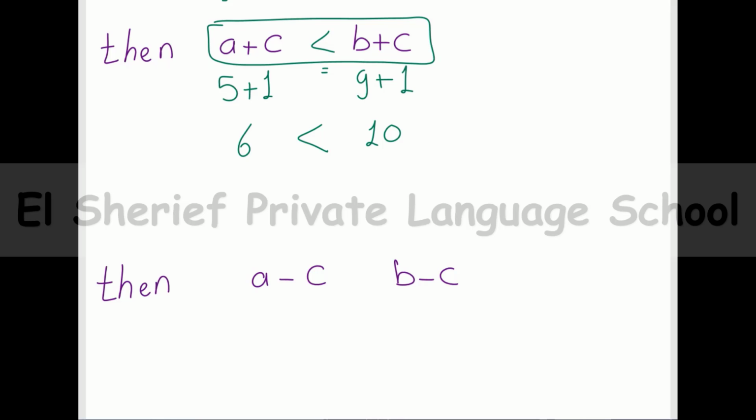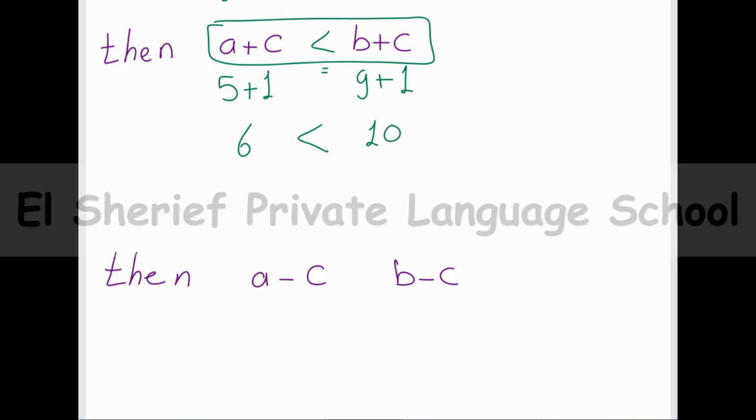Let's talk about subtraction. Again I have A less than B, so A minus C and B minus C. What's the relation between them? Okay, as we said, A equals 5 and B equals 9 and we said before C equals 1, so subtract 1 from the two sides. 5 minus 1 equals 4. 9 minus 1 equals 8 and 4 less than 8, so